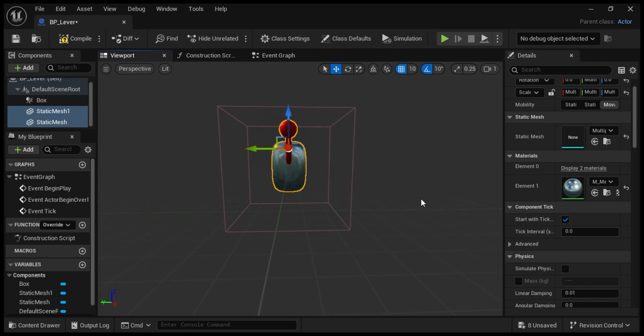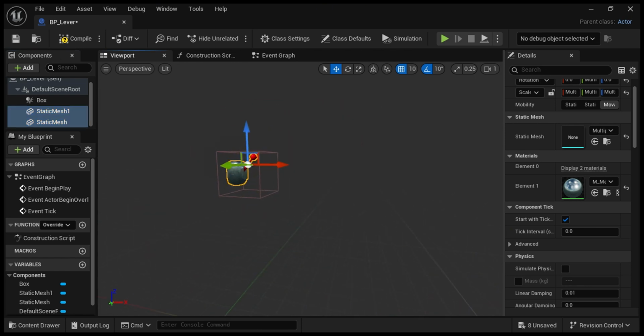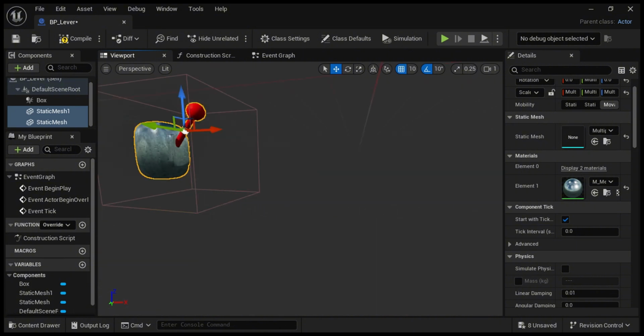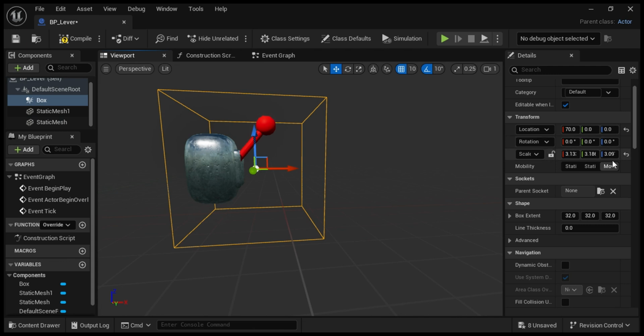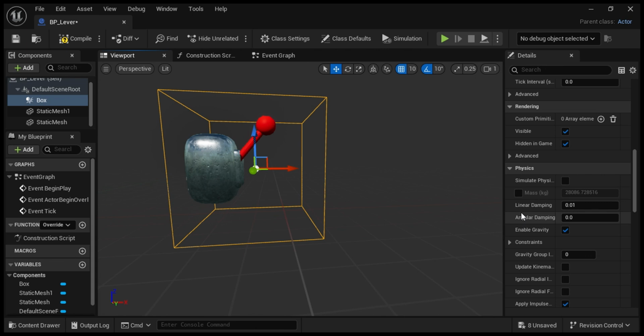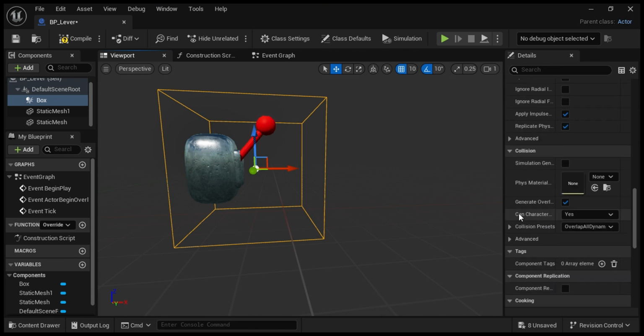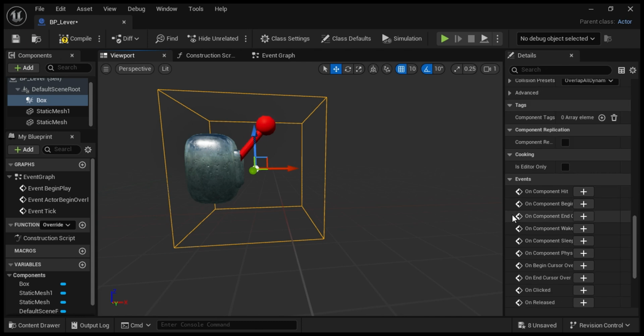So, boom. Anyways, I just had to make some adjustments. I mean, I could do an actor sequence, but that's probably gonna be a bit complicated, because I tried that once and